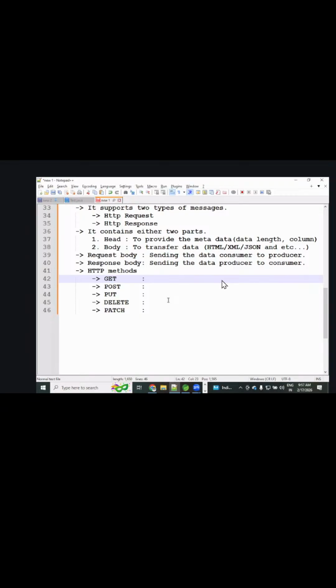It is used for what? Fetching the resource from the producer. Fetch the data or fetch the resource, whatever. Fetch the resource from the producer.